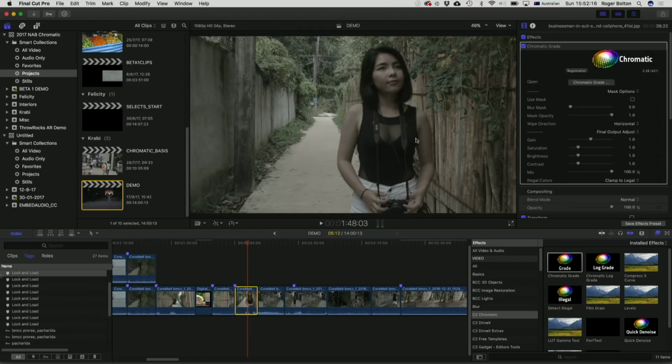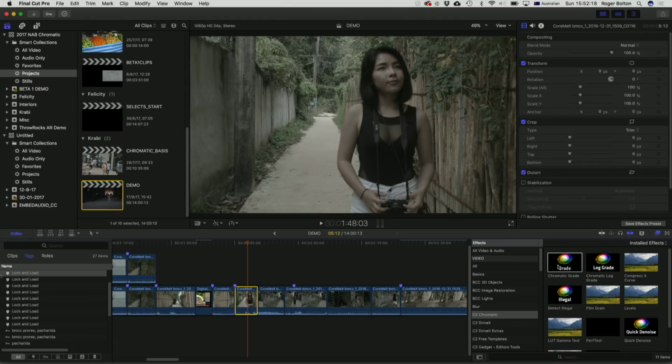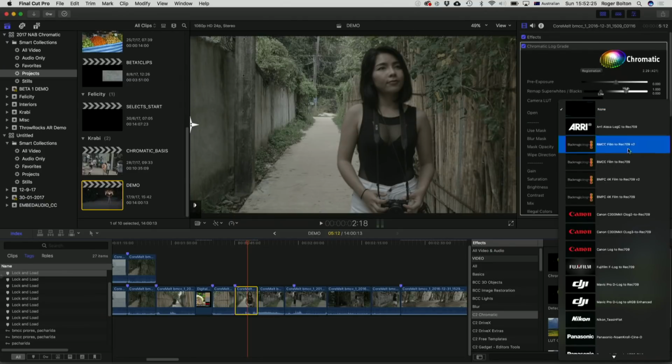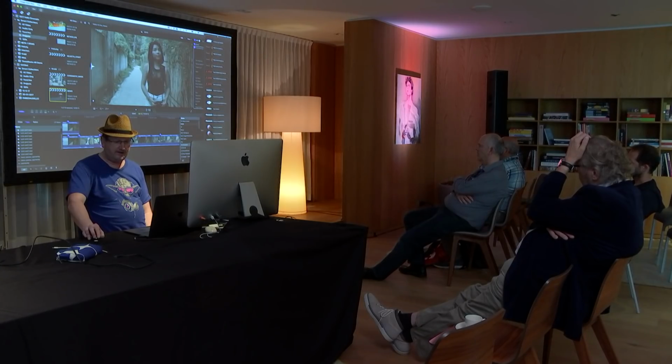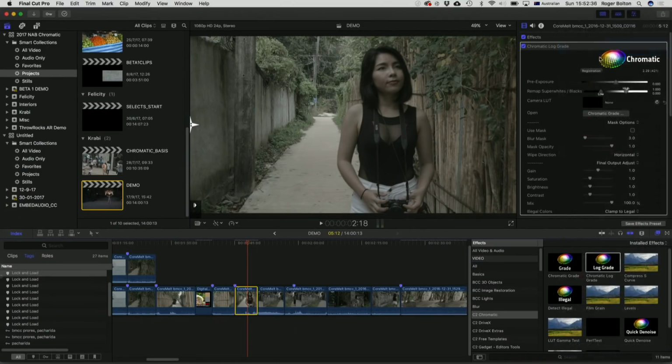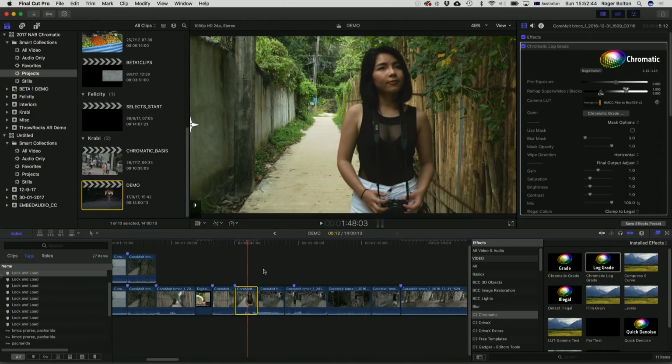Okay, so if I just put on our log grade plugin, then in the camera LUTs, we've got all the popular log to lin LUTs already included there for Sony, Blackmagic, Panasonic, etc. In this case, I want BMC's Film to Rec 709 version 2, and that's instantly done that. So the workflow is, if you had a whole timeline like this, you would first of all select the plugin, select the clip, put this on,